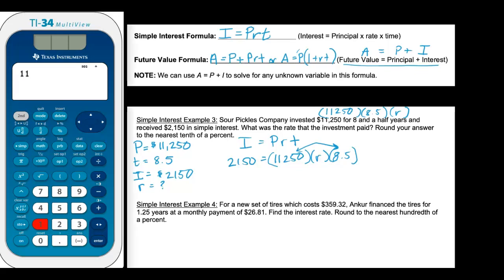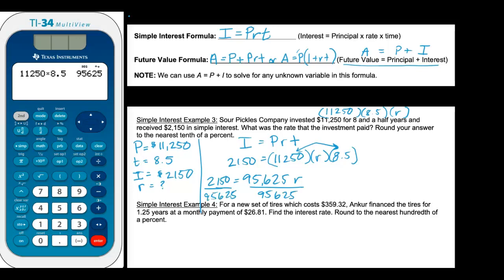So 11,250 times 8.5. Whoops, that didn't do 8.5. 11,250 times 8.5. There we go. Okay, so we've got 95,625 times R equals 2,150. Now all I have to do is divide both sides by 95,625